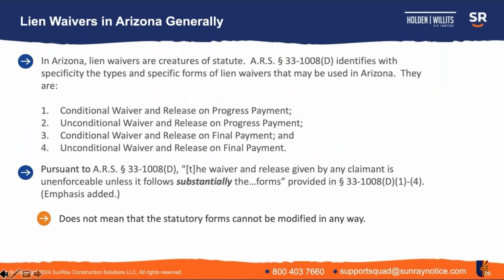33-1008D says the waiver and release given by any claimant is unenforceable unless it follows substantially the form set forth in the statute. And that becomes then a question of how close the waiver follows. Does the waiver that is signed substantially follow the forms? Is it within that definition? Is it close enough? Is it outside? And so that is a determination that, again, in that circumstance, I think you want to talk to an attorney about the specific circumstance and review the waiver in the context of